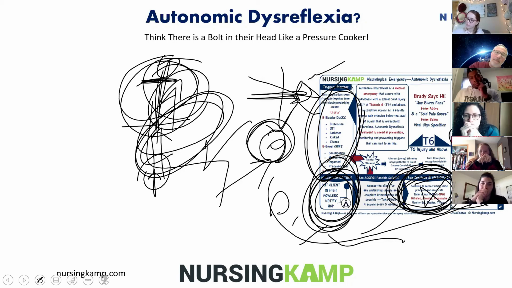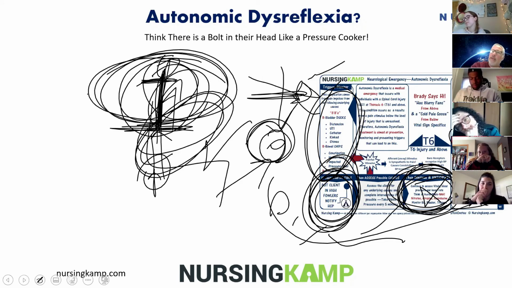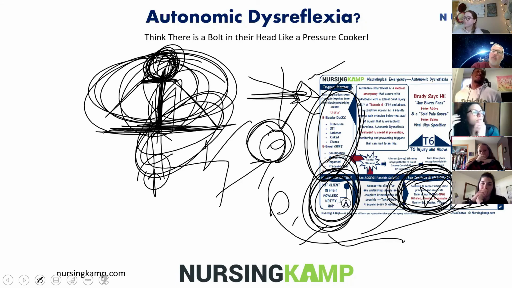However, it can't get past the injury. So it's only on the top part that it's dealing with it. And that's the problem: the brain is trying to deal with it, but it doesn't know. The brain is just a response system. It can't pass that spinal injury. It can't go past here. And that's why you see a characteristic presentation. But the